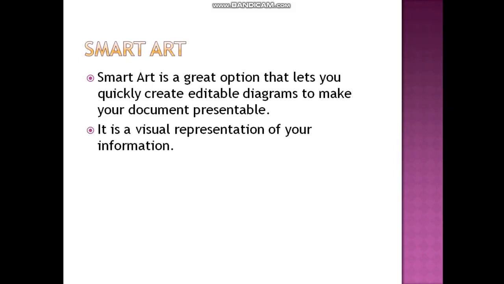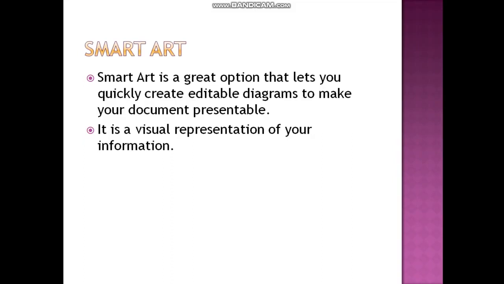Next we have smart art. Smart means an option that makes your document very attractive, right? It is a very good option, in that you can add diagrams.